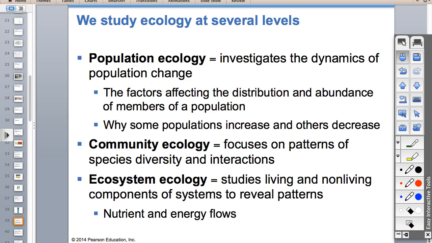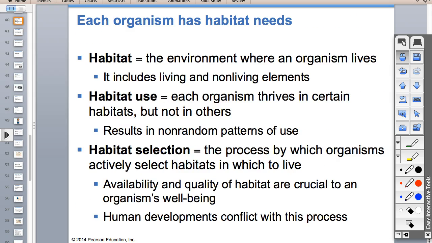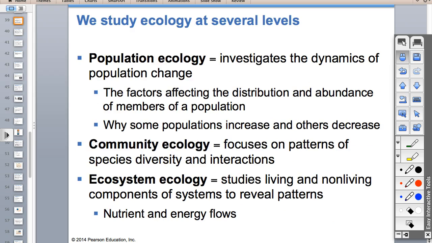Population ecology studies populations. There's a couple more slides, but the rest of this, when we get into population, is actually in the next unit. So we're not going to finish this whole PowerPoint. I'll ask you to save the rest of it for the next time. So population ecology, those people study populations. I've had students that want to go into being a game warden or some kind of park management, and a lot of those people end up doing population monitoring, which I think is a cool job.